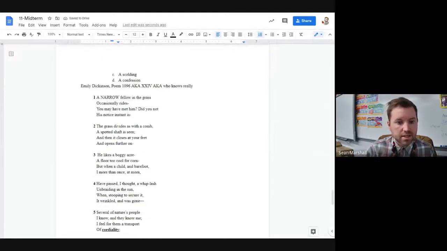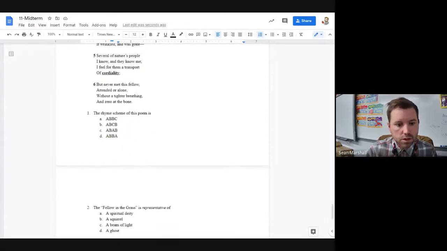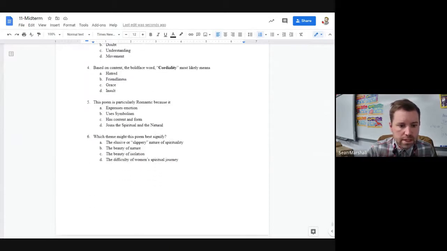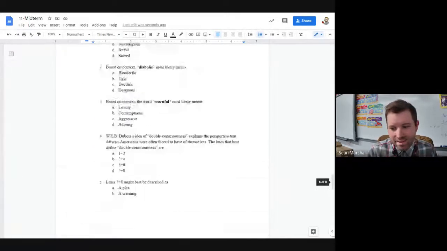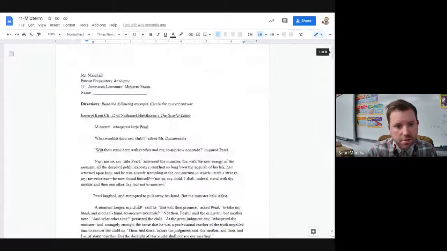The last one is Emily Dickinson. This is from the 20th century and kind of falls into the romantic category that our Hudson River Project and many of the things we read in the second quarter fall into. You will need to know things like rhyme scheme, which you've done in the past with me, but in case you need to refresh, you can always use the internet or look at past notes that you've had with me to figure this out. The answer will not be found anywhere else. It'll be specific to this question, so anything you look up will only just help you. 6 questions from this section, and that's it. This is the entirety of your midterm exam.